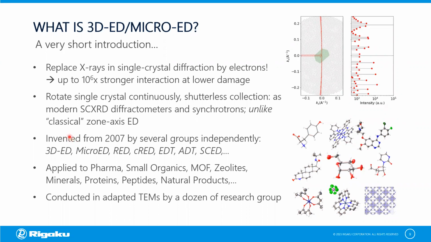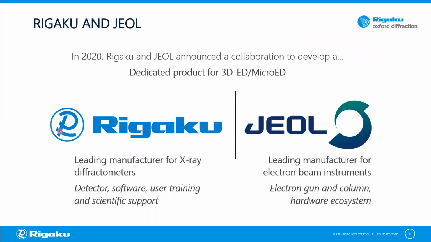And we wanted to change this. So in 2020, we teamed up with another company, with JEOL, to form a joint venture to develop a dedicated electron diffractometer. And JEOL, well, you may know them from their NMR machines and also from all sorts of electron beam instruments, TEMs, SEMs, FIBs, and so on. And then they are not only almost next door neighbors of Rigaku in Tokyo, but they also provide us with